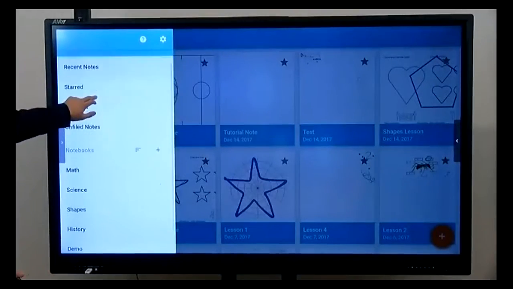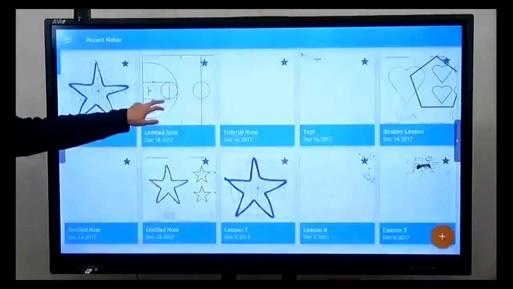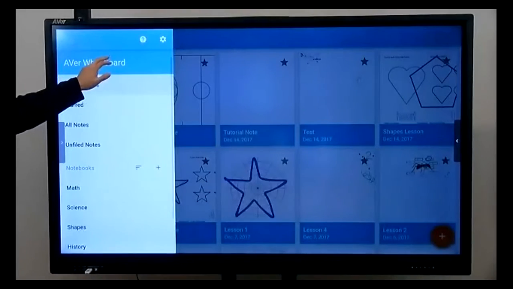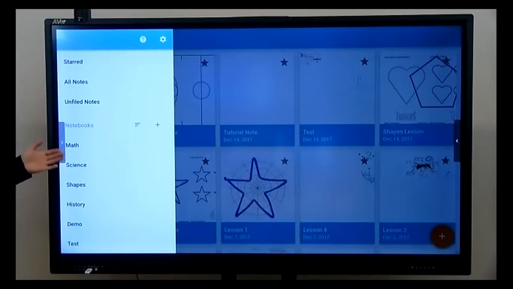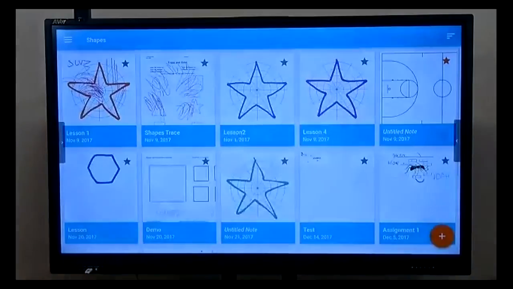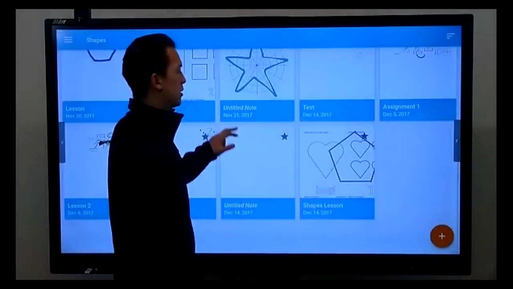So here on the left top toolbar, you saw me press that button, and here I have a bunch of different folders. So imagine this as creating different folders on your desktop where you can organize your documents by different subjects or teacher names or however you wish. So here I got like math, science, shapes, history, a couple of different ones. So if I jump into my shapes folder, I have a bunch of different documents here, as you can see,